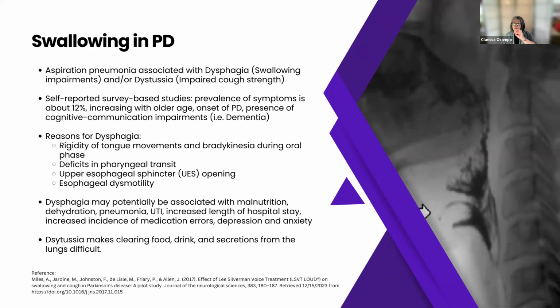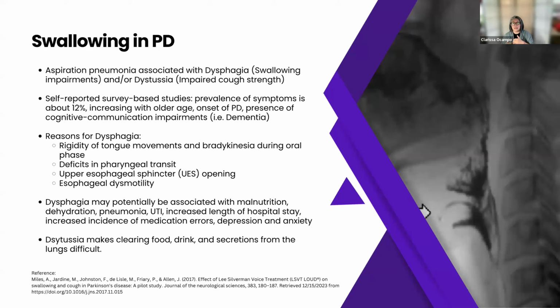Therefore, if you see symptoms, I usually say if you see outer symptoms, things that you see outside of the body, like the tremors or the shuffling gait, that's actually also happening inside your system. So the tongue becomes very rigid. The tongue is not able to move and control the food that's in your mouth, right? Because of that rigidity and also because of the dyskinesia. So you can have lingual tremors that make it very hard for you to control the food that's in your mouth.